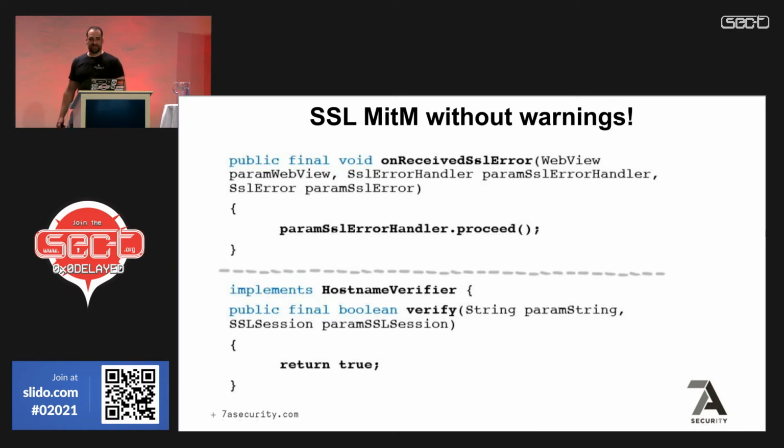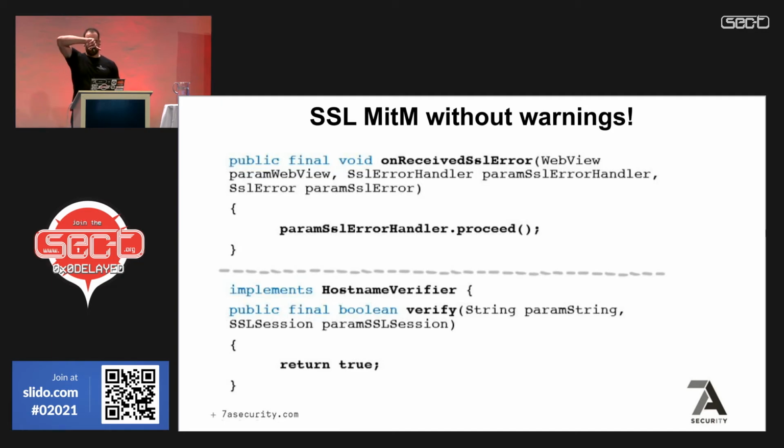On received SSL error, proceed. So if there's any SSL error, it's just going to proceed anyway. And then the second line, hostname verifier, that's all the code, return true. So all the hosts are good, and all the SSL errors are good, right? So basically,